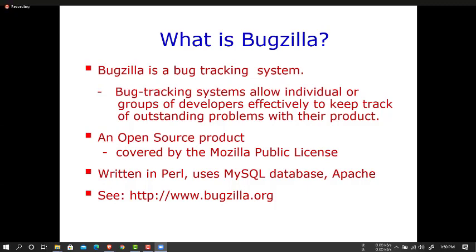So using these tools, we can keep track of outstanding problems. For example,